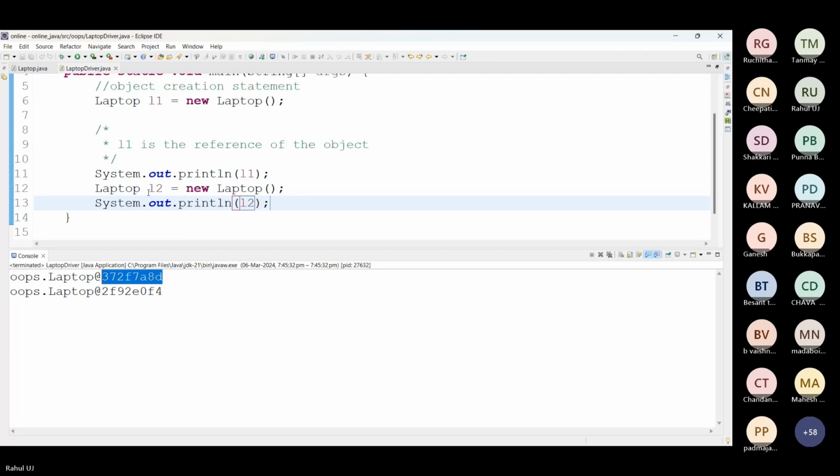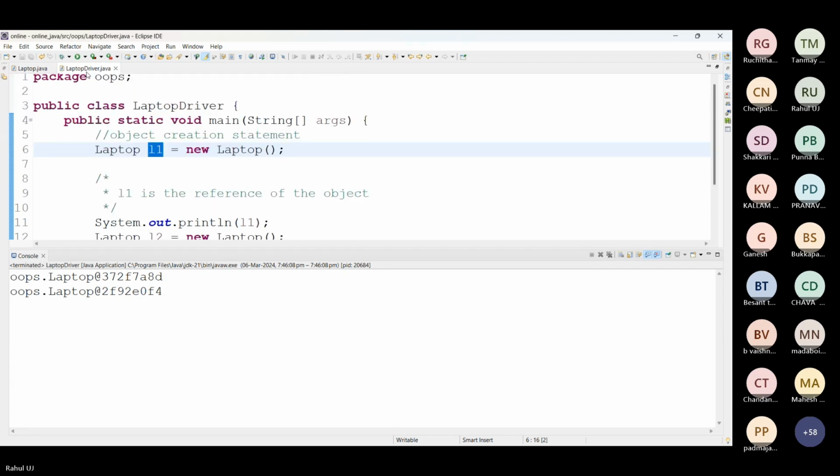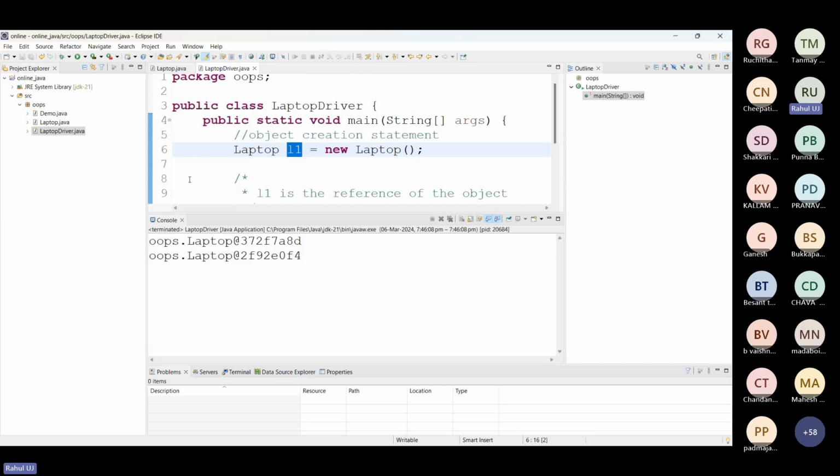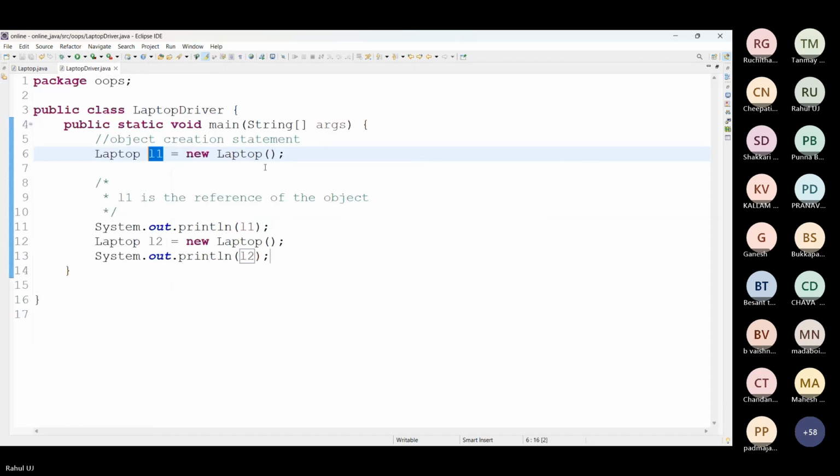So that is why, with this example, we can say that L2 is a different object, L1 is a different object. Understood how to create an object? Anyone has any doubts until here?